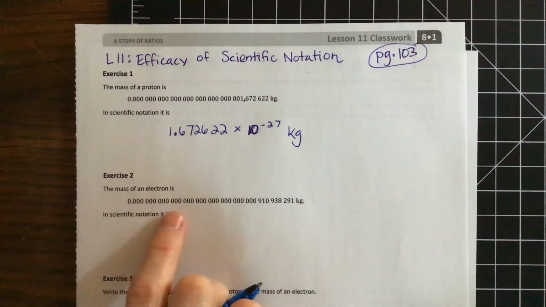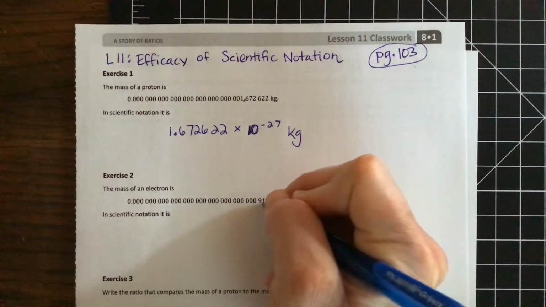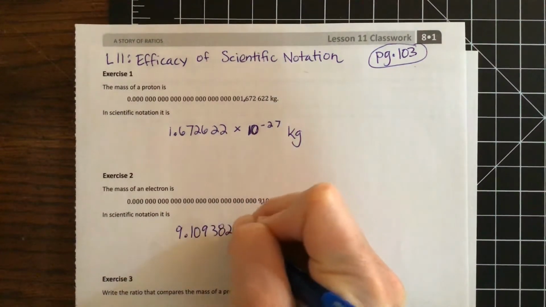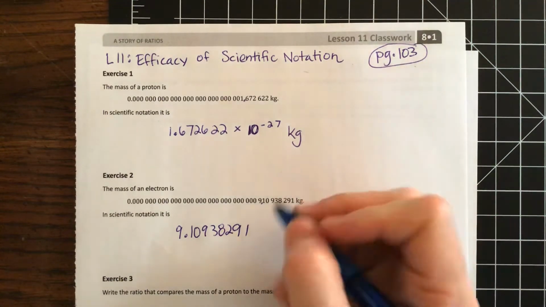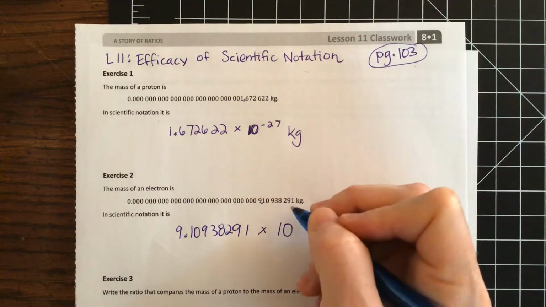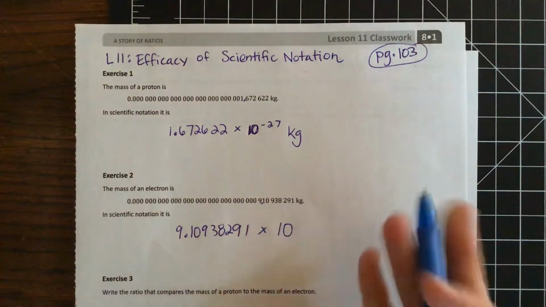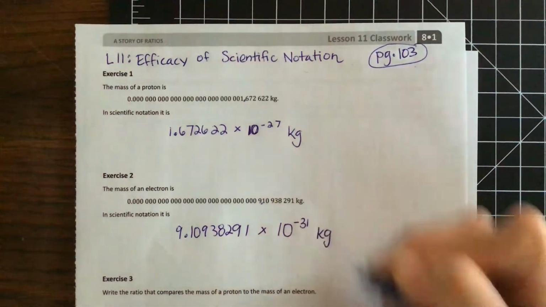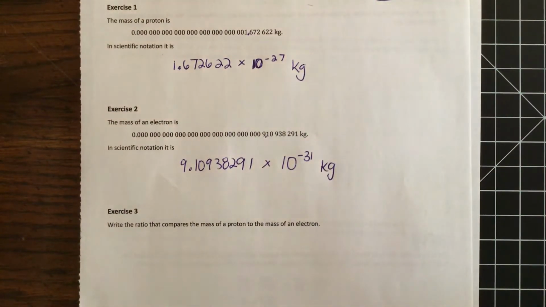The mass of an electron is that number there, and in scientific notation, it is, removing the decimal there, it is 9.109382291. Just copying it right there. Times 10 to the, and then we count how many places we are moving it, and it is negative 31 kilograms. Okay, and it says write the ratio that compares the mass of a proton to the mass of an